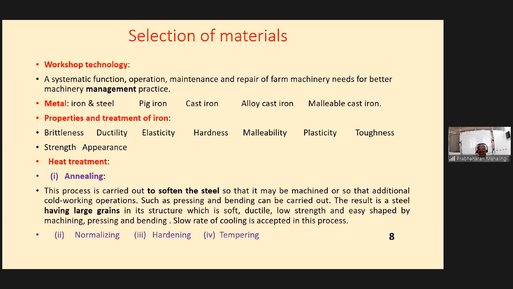A slow rate of cooling is acceptable in this process. So annealing, that is actually heating that particular metal for softening of metals. For softening of metals, that particular metal can be easily handled. That is why we are doing annealing. The second one,